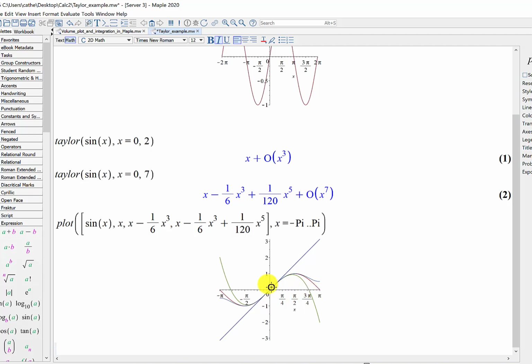Some other things you can notice is that the fewer terms I take, the cruder my approximation. So if I take something like just x and I approximate sine with just the function y equals x, this straight line, it does a pretty good job when I'm close to 0, but then it gets pretty poor as